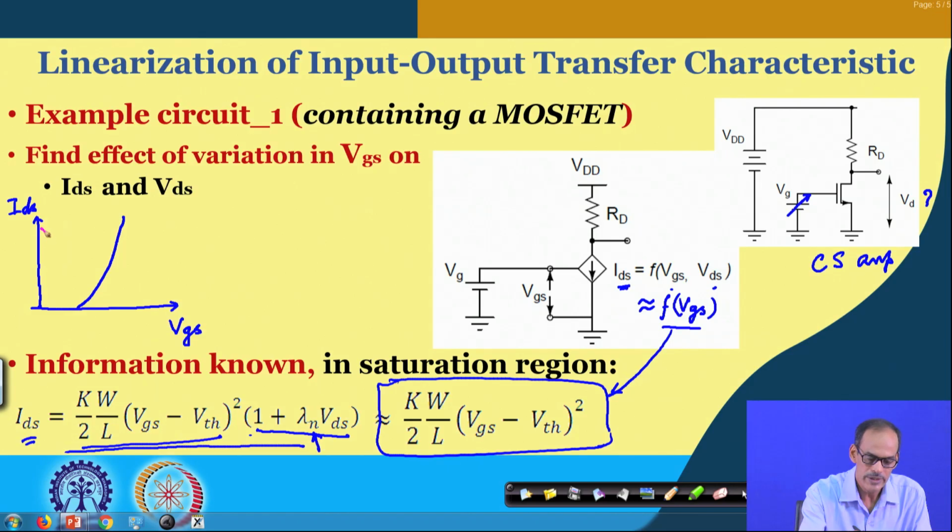The load line in this case is defined by this straight line having a slope of minus 1 by Rd, and this point is Vdd, as we have discussed in our previous modules, and this point is Vdd by Rd, and wherever it intersects that gives us the